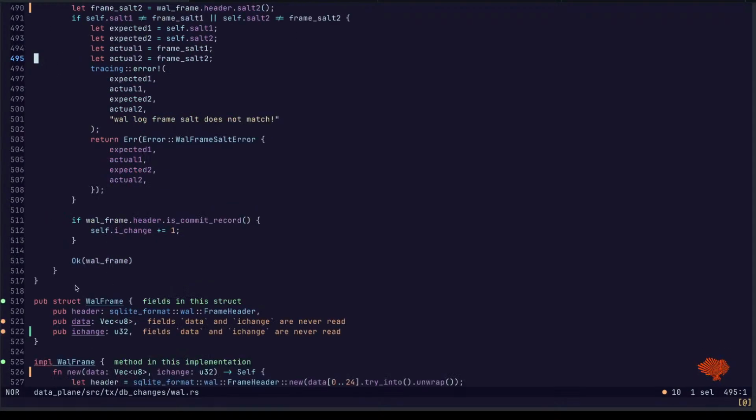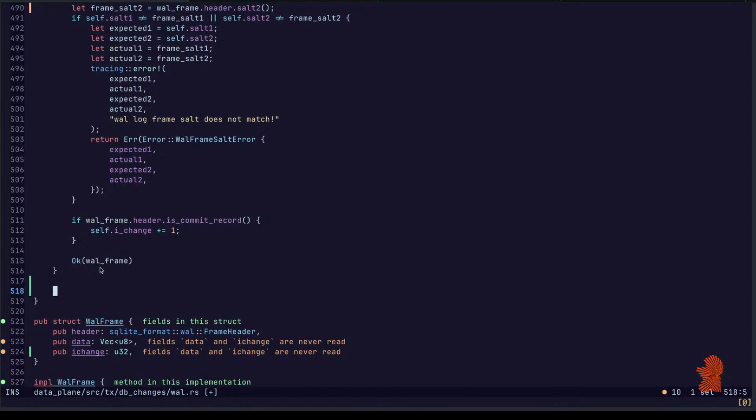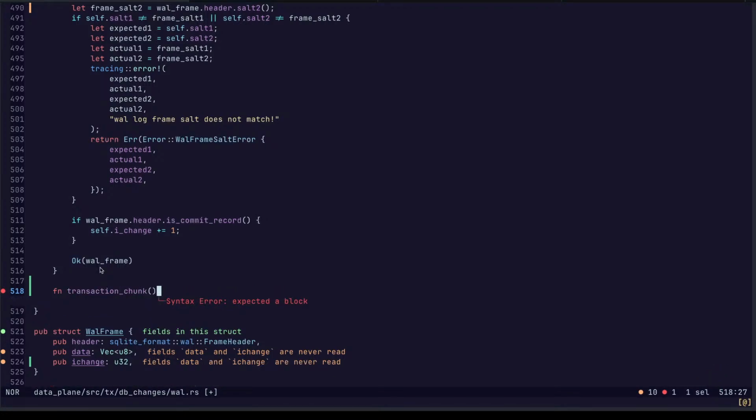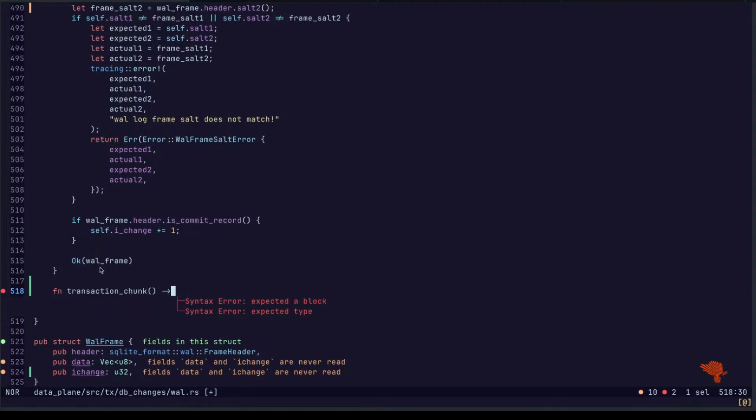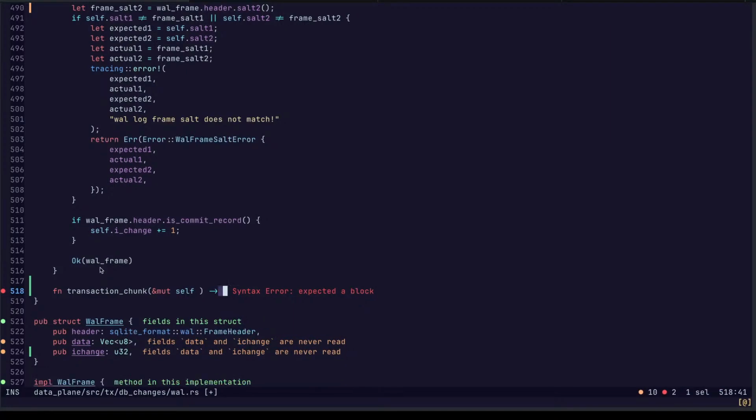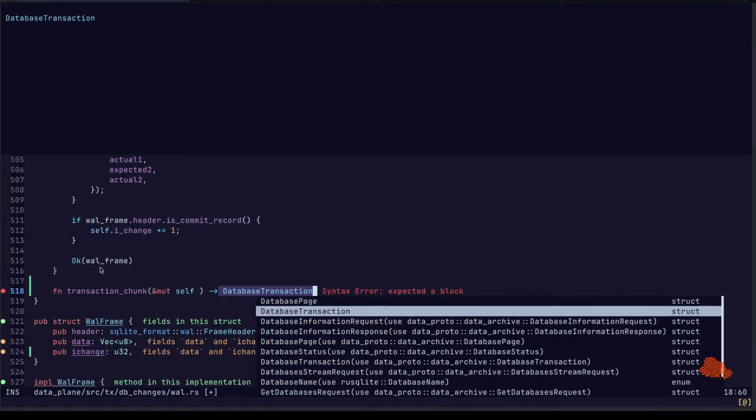So we either have a function that can generate a transaction chunk. Maybe this would return a database transaction.